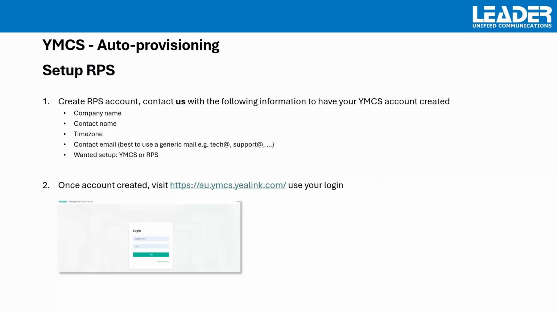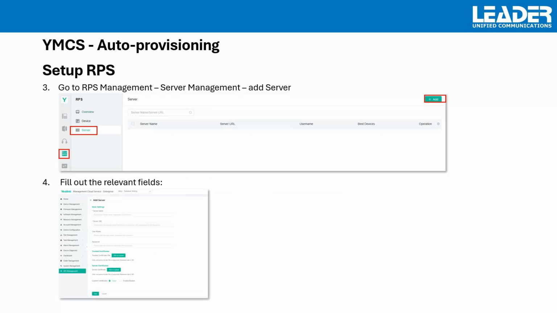And then you let us know what you want, if you want to have the YMCS or RPS. Once the account was created, you then can visit the Yealink or the YMCS login page and use the login that you have. Now, in the setup, you go to the RPS management, you enter the server, you add a server, for example,